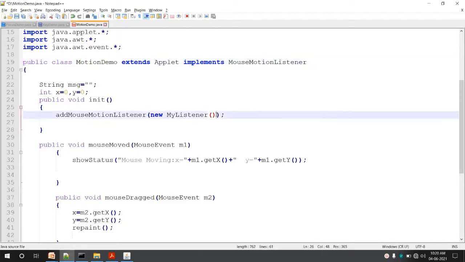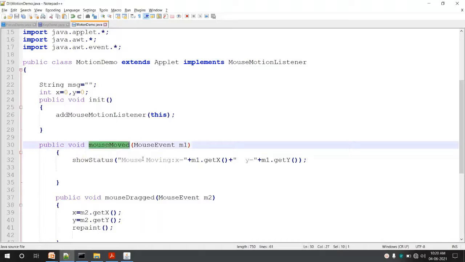One change here also: as there is no MyListener class, what do we have to pass? We have to pass a handler while registering a listener. Now the same class, MotionDemo itself, will handle the event, so we can pass the this keyword, meaning the same class will handle the events. Since it implements MouseMotionListener, we have methods like mouseMoved and mouseDragged.